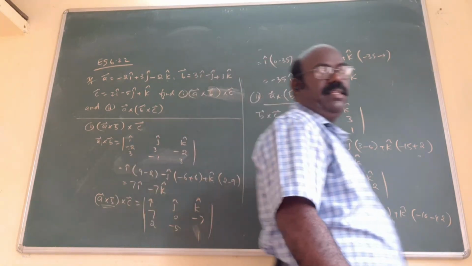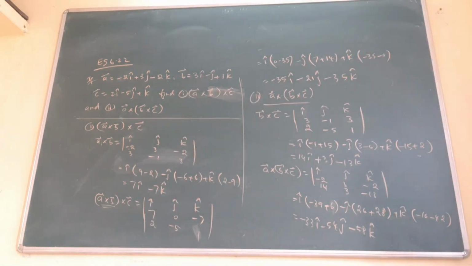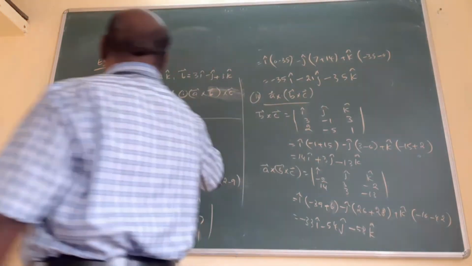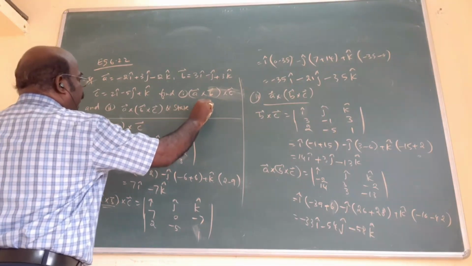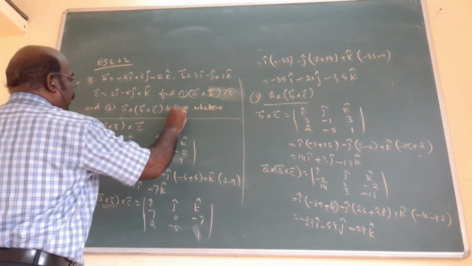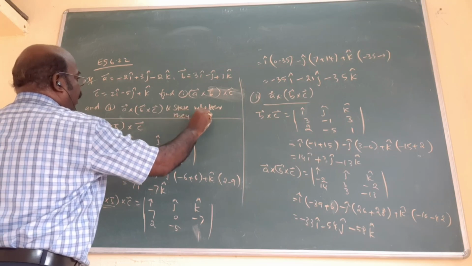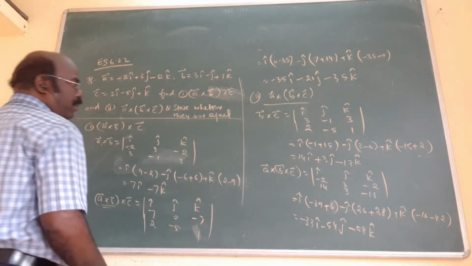In this way, you will find the cross product twice: first inside the bracket, then the whole thing. Again inside the bracket, then the whole thing. Now, comparing both answers, they are not equal. Already told you, no? Here the question is: find 1 and 2 and state whether they are equal. They are asking. Am I right? Therefore, this is the first answer.